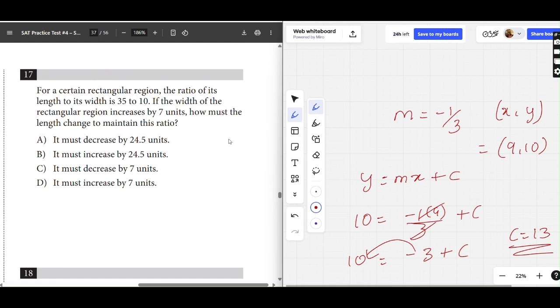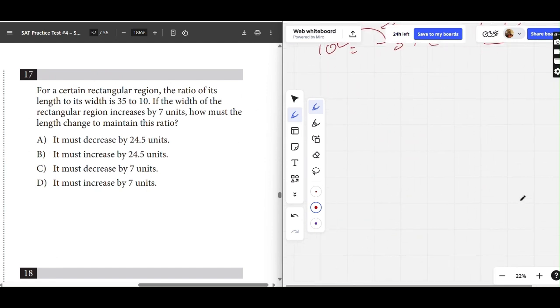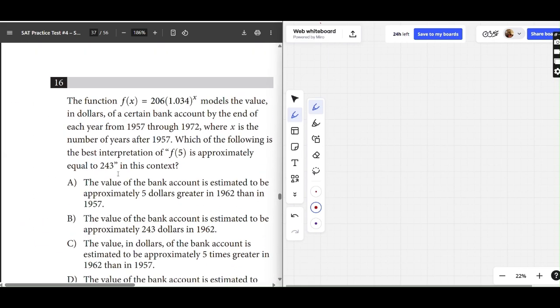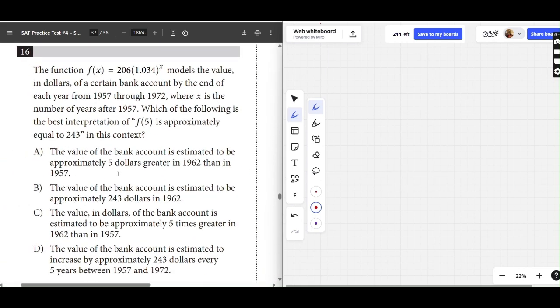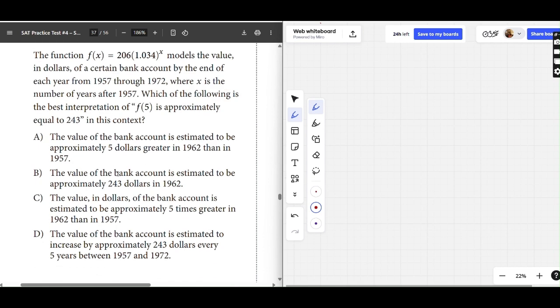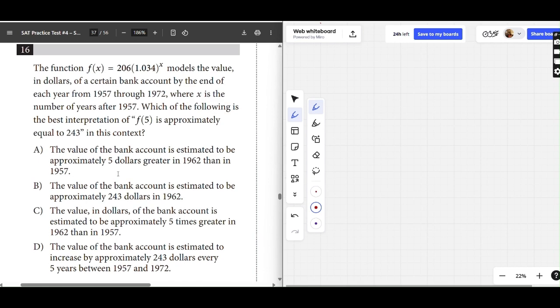Question number 70. Oh no, the question number 16 is there. Okay, it's an exponential function. The function represents a multiple with an exponential model that models the value in dollars of a certain bank account by the end of each year from